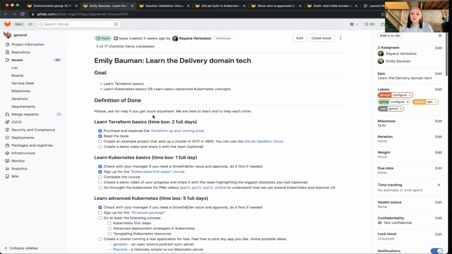So the first issue, and this will be the top of my list of getting done, is just learning the delivery tech domain. So learning the domain in this new area. I'm new for the configure part of this, learning about Kubernetes and all of that. So I'll be focusing a lot on learning the basics of Kubernetes, learning the basics of Terraform, and just getting up to speed on some of the stuff I'll need to really understand the user journeys. So this will be first and foremost in this milestone, but I do have a few issues to go over